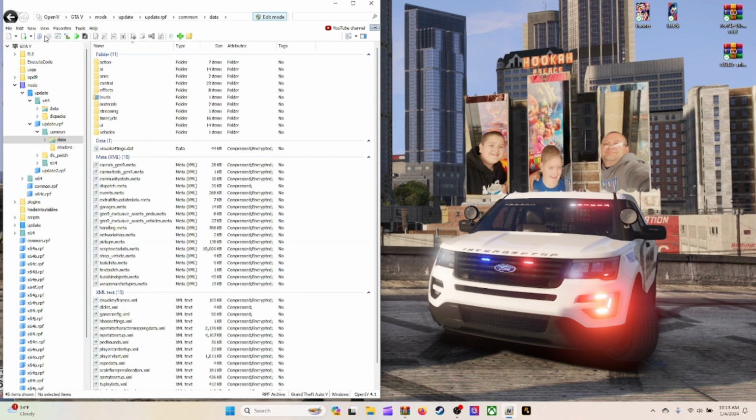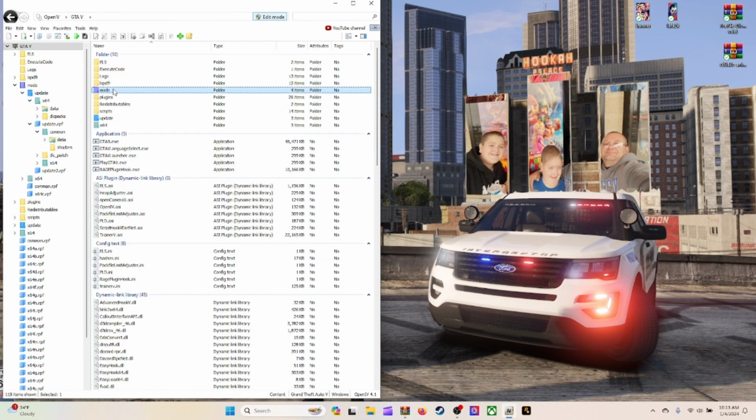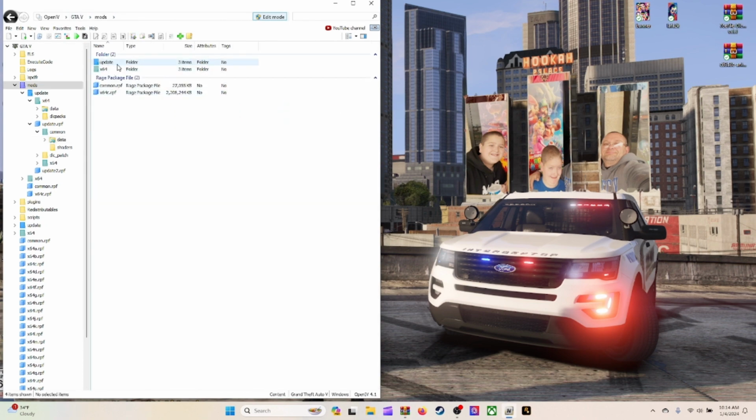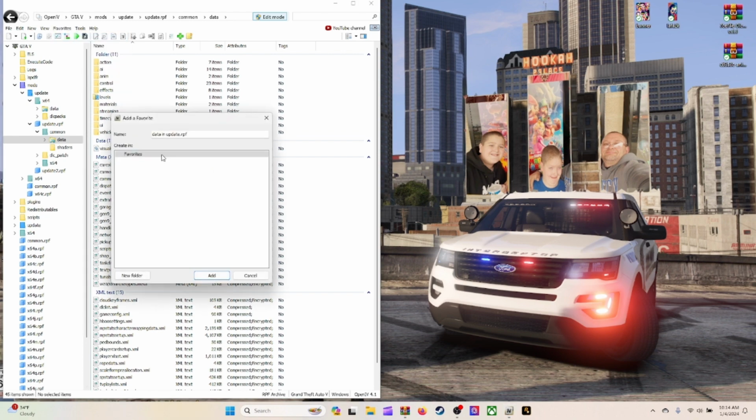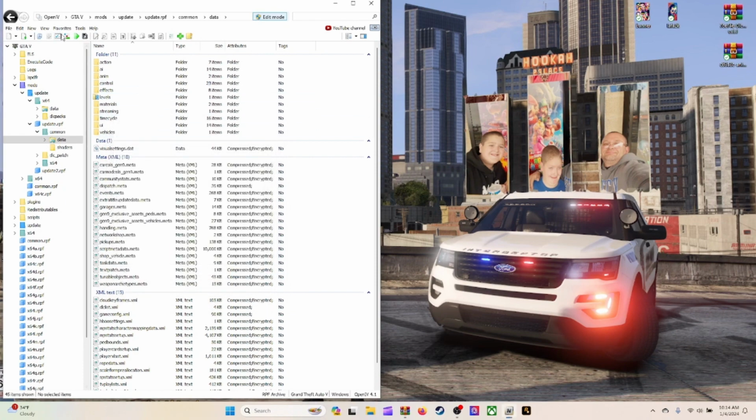Mine's already there. All right, so what you're gonna do is go to Mods, go to Update, Update RPF, Common, Data. All right, your DLC list should be right there. Now come up here and go to Favorites and go to Add to Favorites. Whatever you guys want to name it. I'm not going to tell you how to name it, but mine is simply called DLC